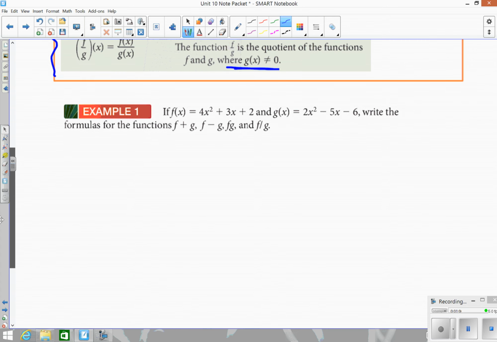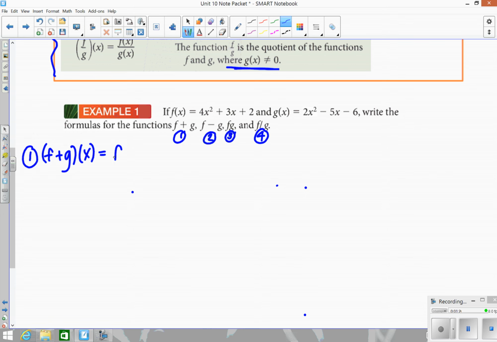So in example 1, we have two functions, f of x and g of x, and we're going to go through and do the 4 different operations. So I'm going to number these 1, 2, 3, and 4. So starting with number 1, we have f plus g, which really means f plus g of x. So we're going to add, this is the same thing as saying f of x plus g of x, which